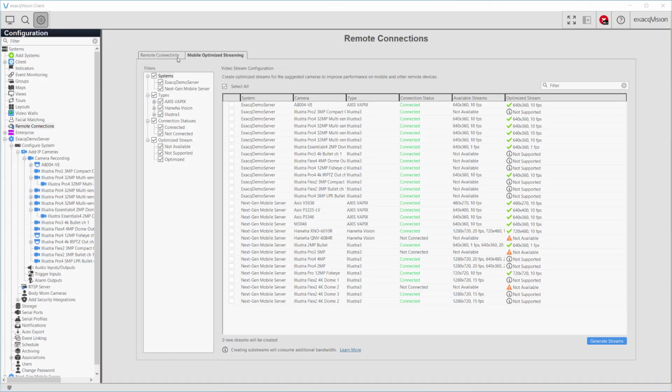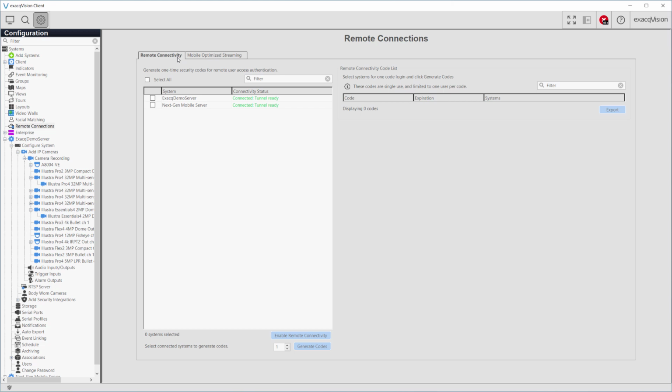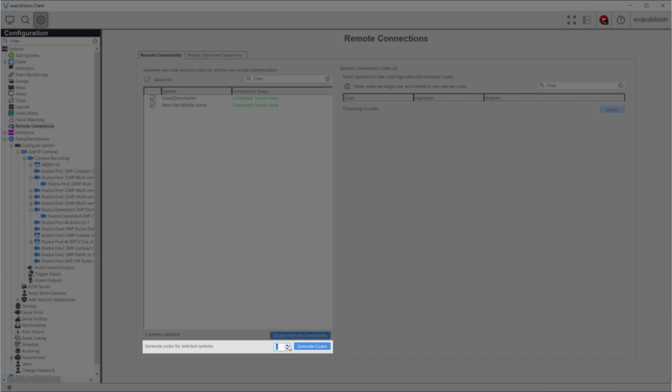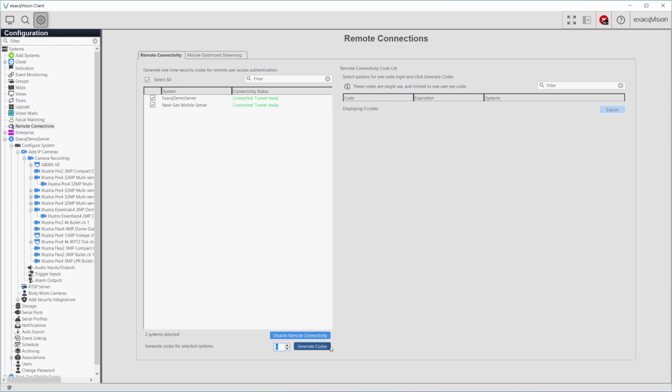Administrators will create access codes for their users on the Remote Connectivity tab. You're able to create codes for single systems or a code which will connect to multiple systems. This feature makes it a simple matter for users in environments with many NPRs to connect to several systems without manually adding one system at a time. Place a check mark beside each system you wish to provide access to. Below the server list, utilize the Generate Codes number field to tell the system how many codes you want to create. Then press the Generate Codes button.